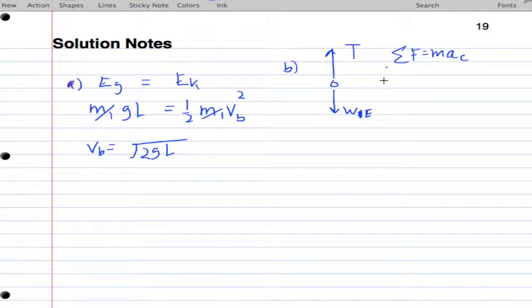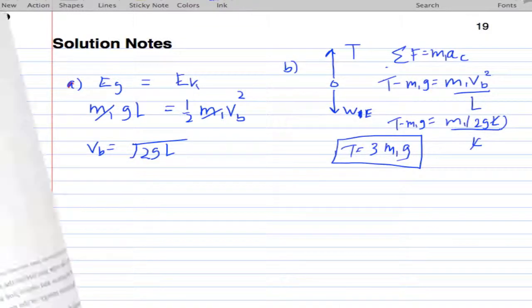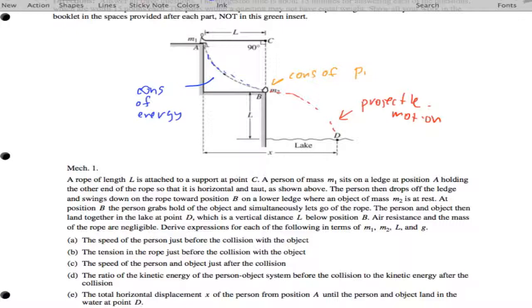So we're going to have T minus m1g equals m times v before we hit the rock squared, divided by the radius, which is L. And so we're going to have T minus m1g equals m1 times 2gL, divided by L. And so our tension actually works out to be 3 times m1 times g for part B. Yay! All right. Now for part C, it says what is the speed of the object and the person just